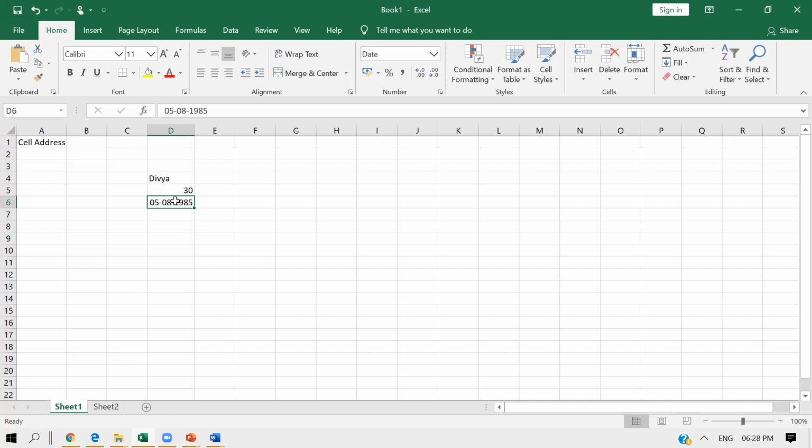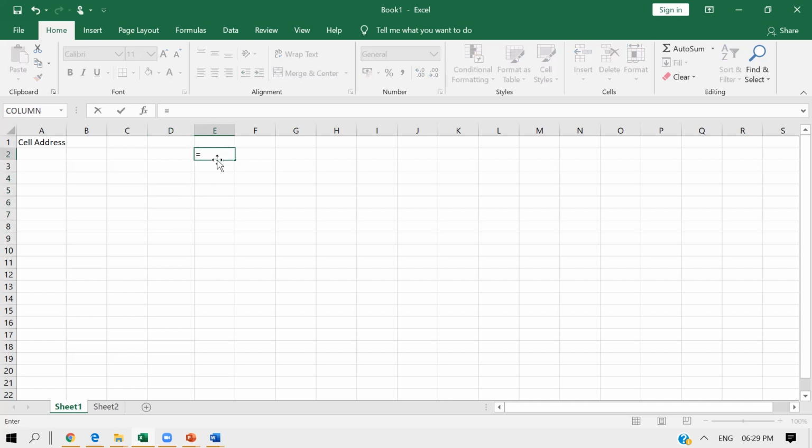Then you can also enter formulas, and I will tell you how we are going to do that. A formula must start with the equal to sign, and then you can give references or constant values. We are going to see that very soon.